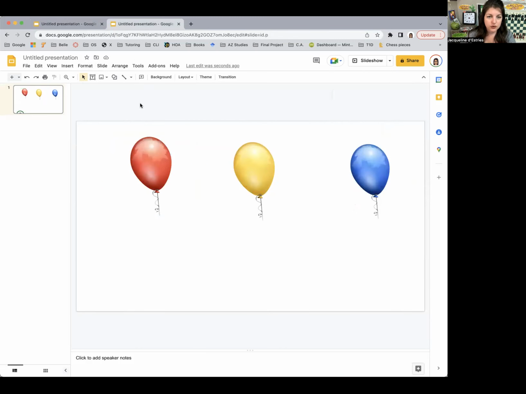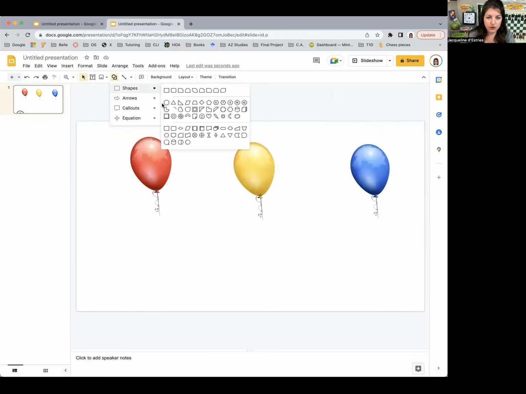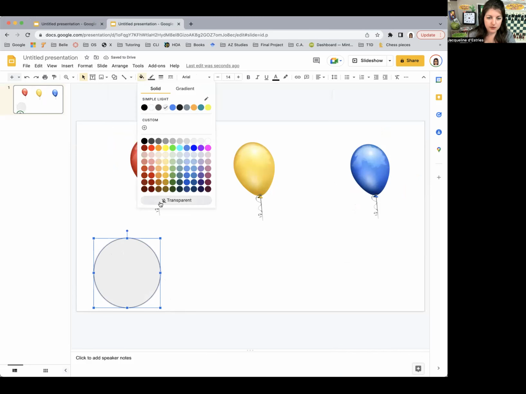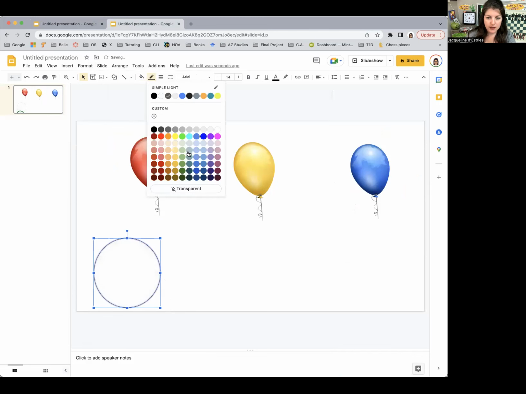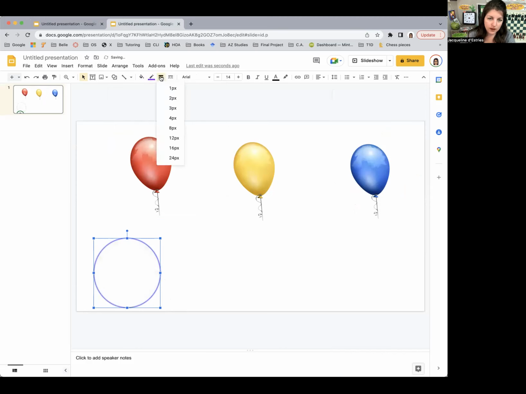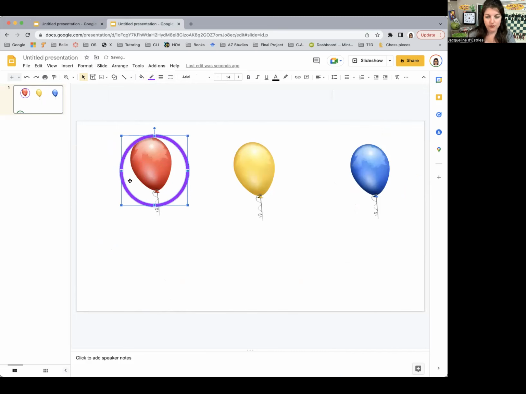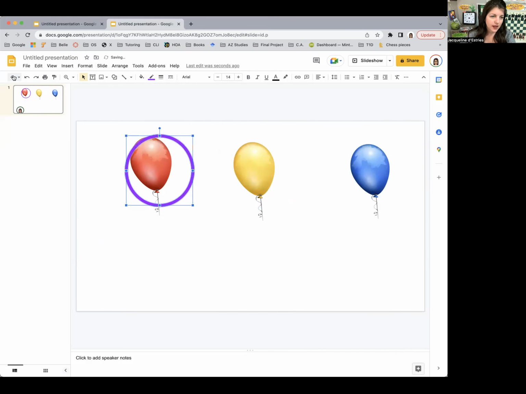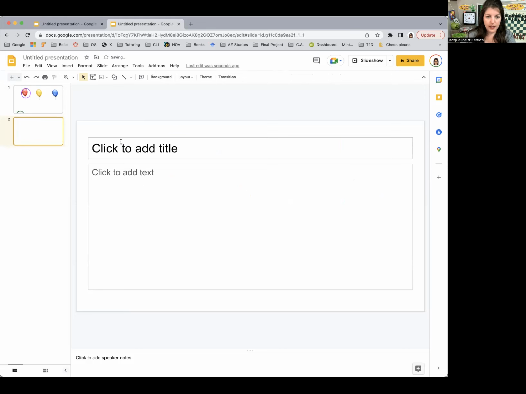Another fun thing to do if they have a computer is you can have them drag a circle. So there's shapes you can add. I can make my circle transparent. I can make it any color that I want. I can make it as thick as I want. And I can say, drag the circle over your favorite balloon, just like that. And then you can add more slides,